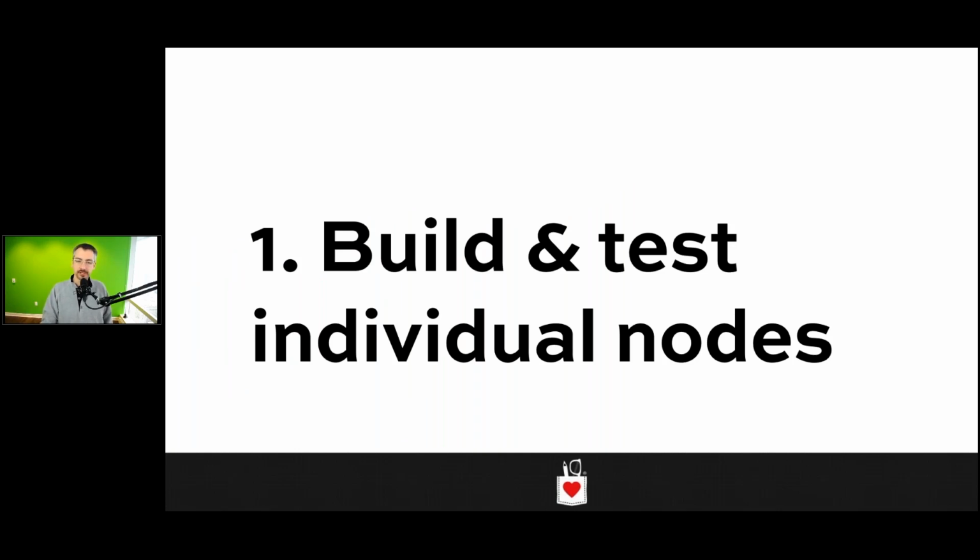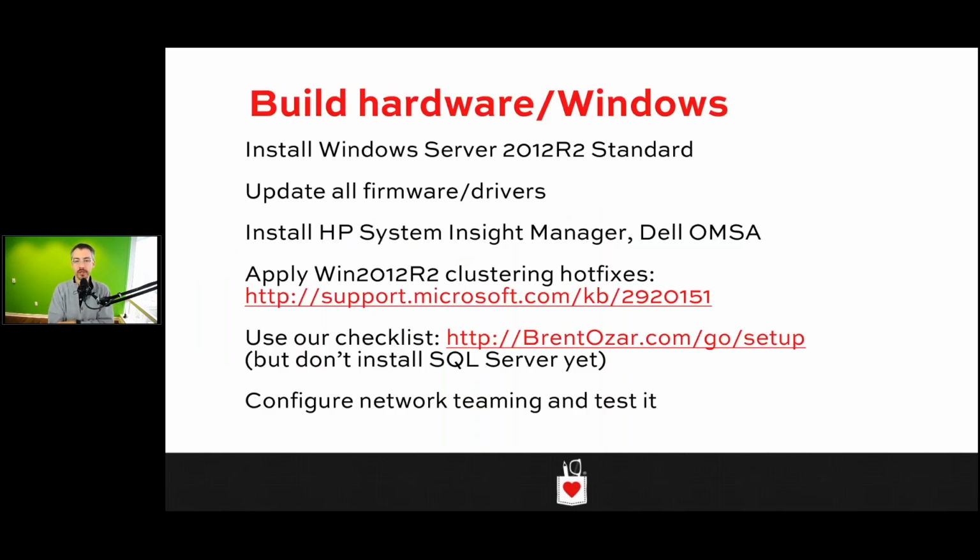The first step that you're going to go do is lay down your standard build of Windows. And I say your standard build of Windows these days, even for clusters, you only need Windows Server Standard Edition. If your company standardizes on 2012 R2 or Windows 2016, I don't know a lot of people standardizing on 2016 just this early. Then go update all the firmware and drivers on the machine,